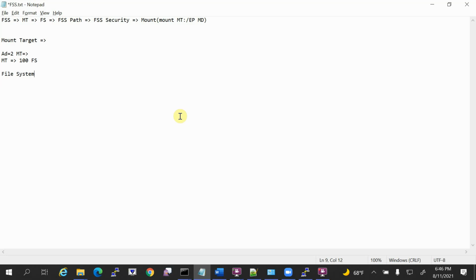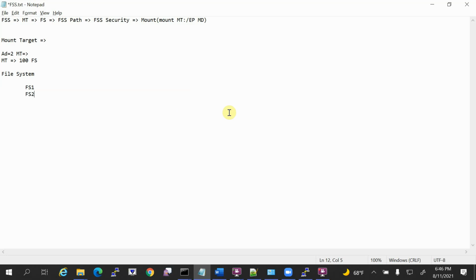Let us say you create a file system called file system 1, FS1, and you can create another file system called FS2. As I told you, you can create n number of file systems.